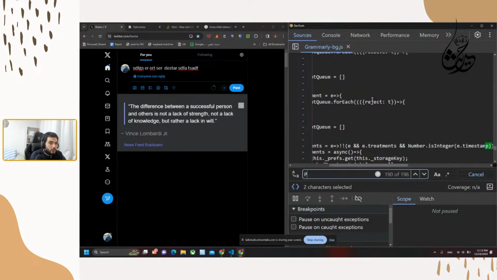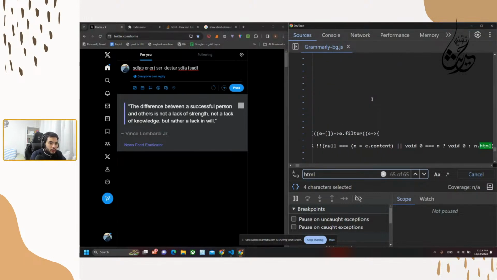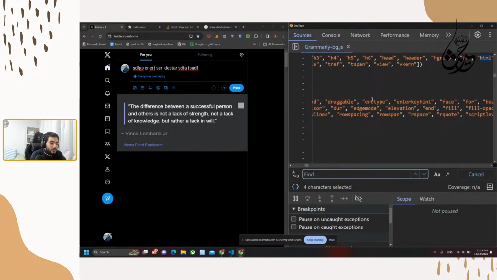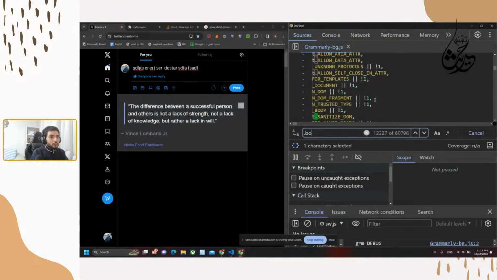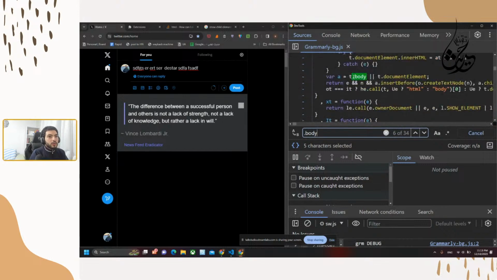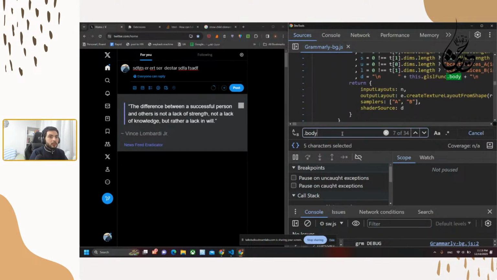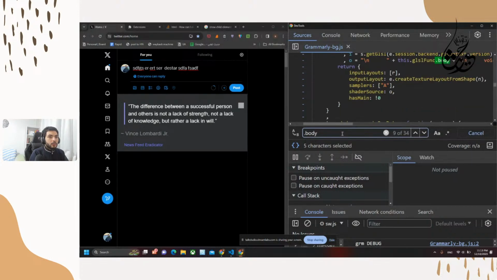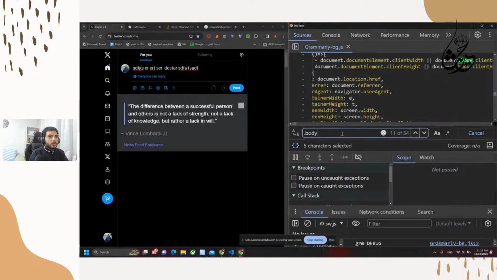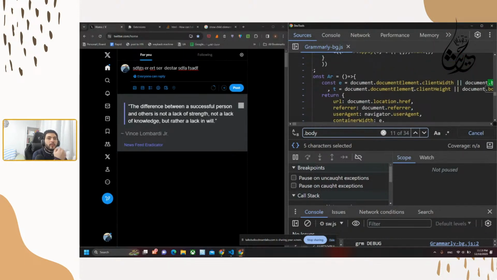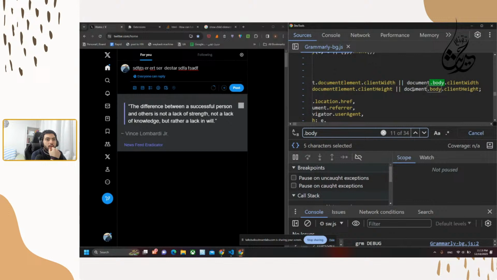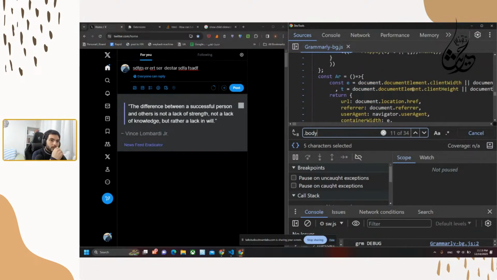Selector, no. Dot html, well, let's say, yeah, so I think it's good. Dot body, or dot document element, so we could get they are calculating the client width. And if it's, yeah, this is doing it because of the different